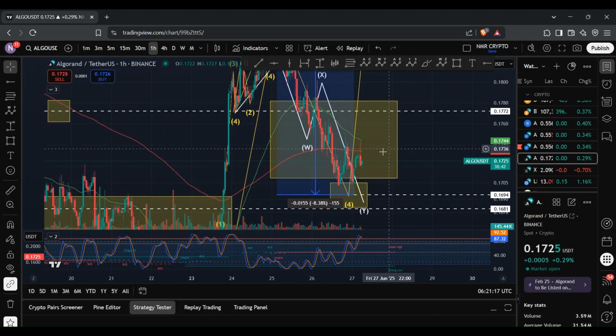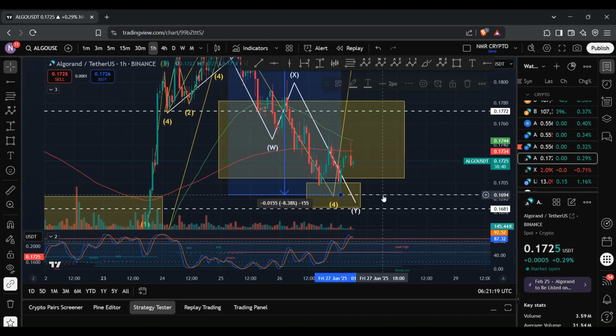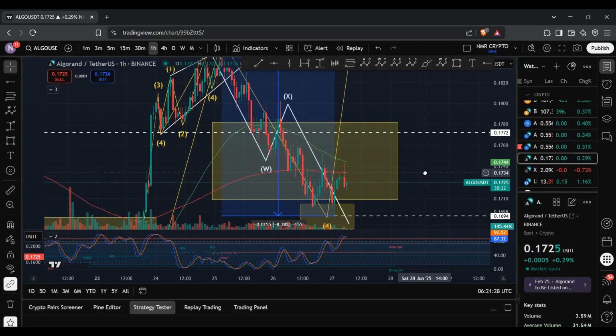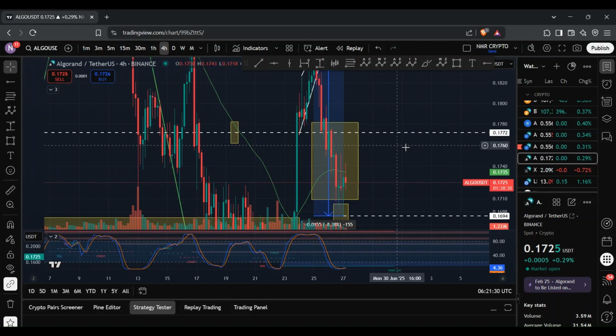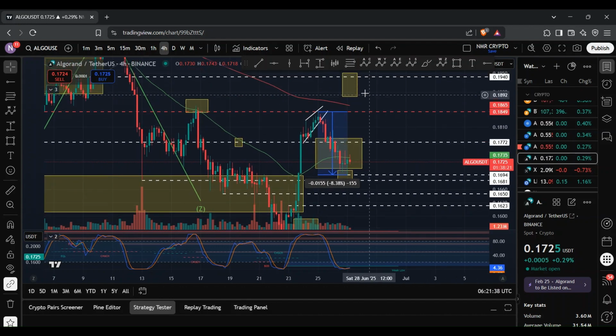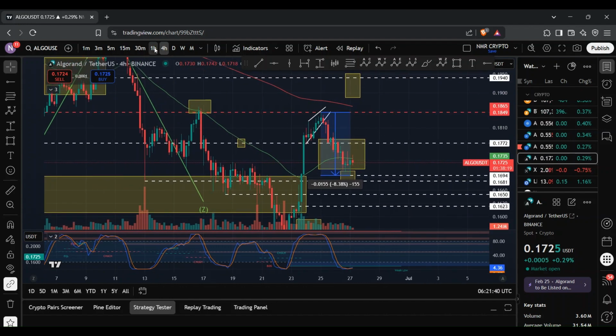And so we could potentially see a deeper move, where we even go past this level at 16.94 cents. But alternatively, this could just be a corrective move that we're witnessing right now, and then we see a continuation to the upside. And in fact, if I go on the 4-hour chart, what you can see is we are within the oversold conditions. And so I am looking for the bulls to regain control of the market and drive the price of Algo up towards this region here.